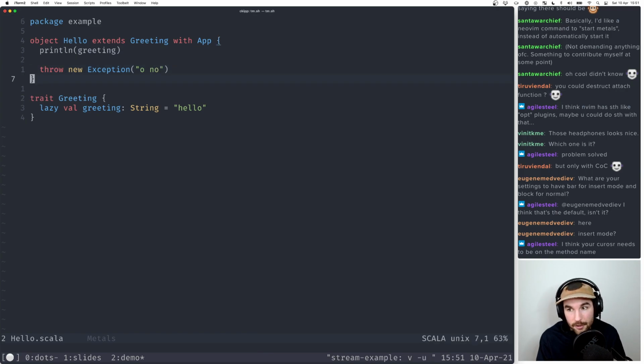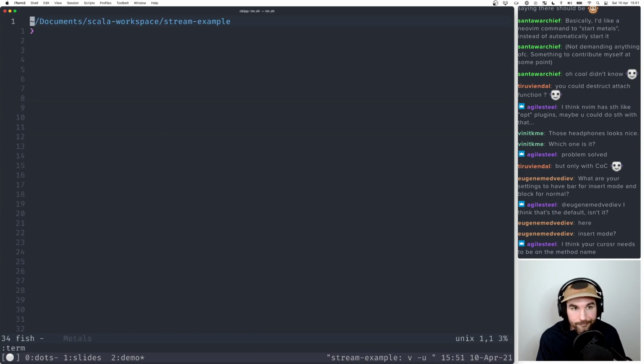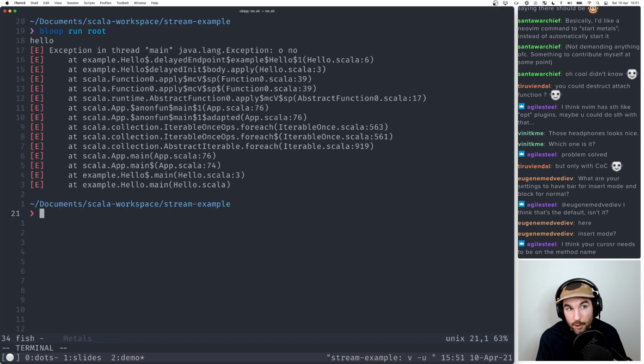Actually, let's use built-in term. I'm trying to get more used to using that. A lot of people will do SBT run. This will start SBT. It'll have to recompile your code and then it will run it. But if you want, it's already compiled with Bloop, so you can literally just do bloop run root. And then boom, it runs